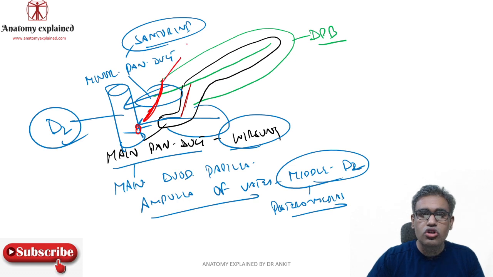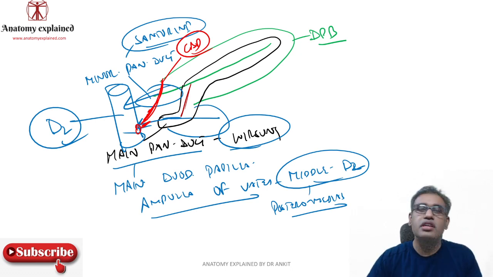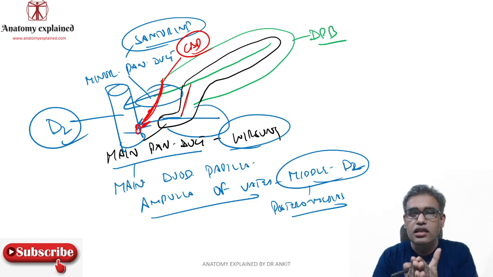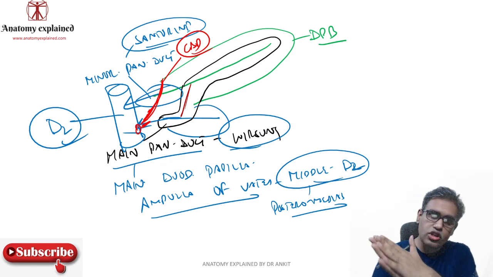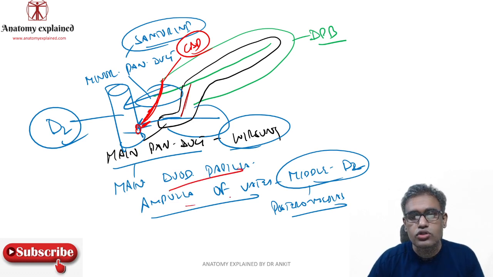So that was your common bile duct. The common bile duct goes very close to the duct of Wirsung. Though they open nearly at the same ampulla, they are actually separate from each other. They are not fused, but aligned adjacent to each other, and they open as a common channel in this major duodenal papilla, making a swelling known as the ampulla of Vater.